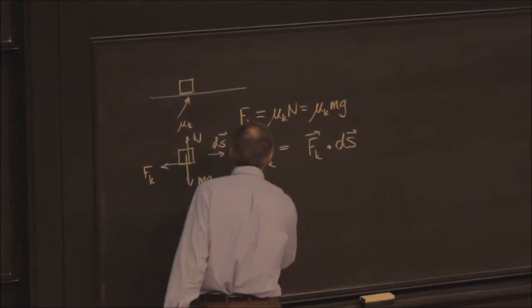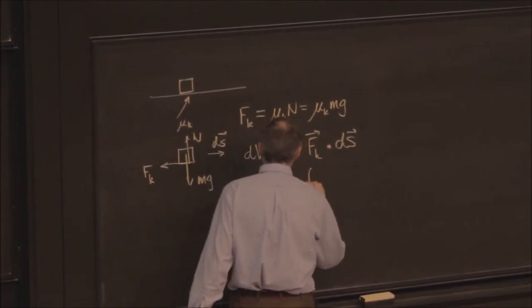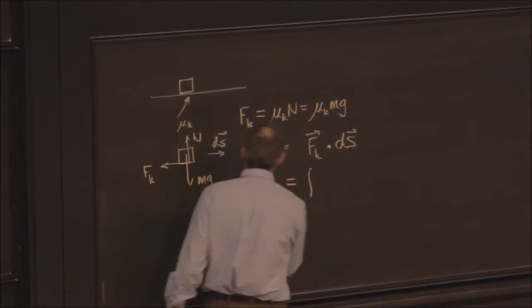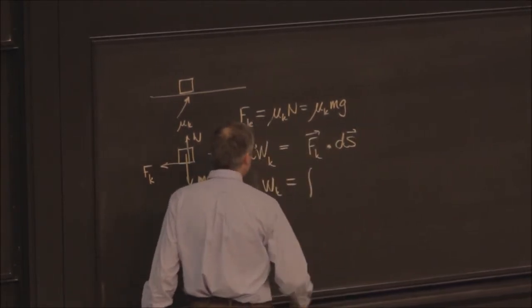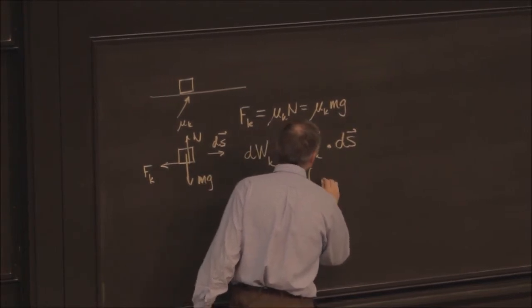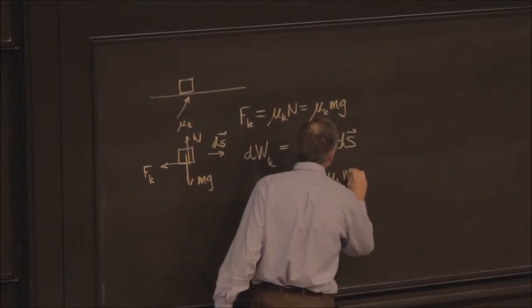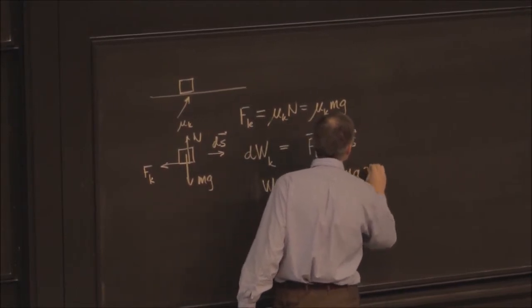So the work done by friction will be the integral of F sub k, which is in the minus x direction, so minus mu sub k mg in the x hat,